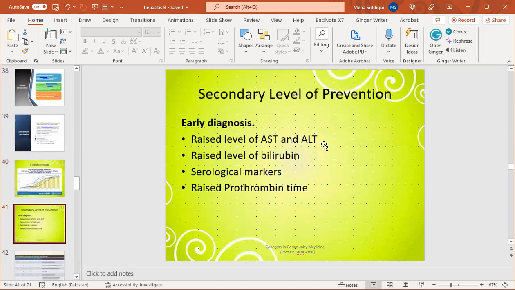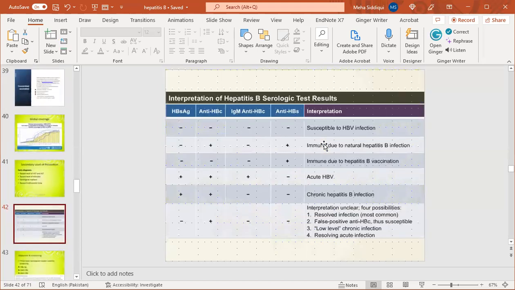Then comes the secondary level of prevention. It consists of early diagnosis, which is done through raised levels of AST and ALT, raised level of bilirubin, serological markers, and raised prothrombin time. This is the interpretation of serological markers: hepatitis B surface antigen, IgM anti-HBc, anti-HBc, and anti-HBs. If all of these markers are negative, then the interpretation is that the person is susceptible to HBV infection. If only anti-HBc, that is core antibody, is positive, then it shows that the person is immune due to